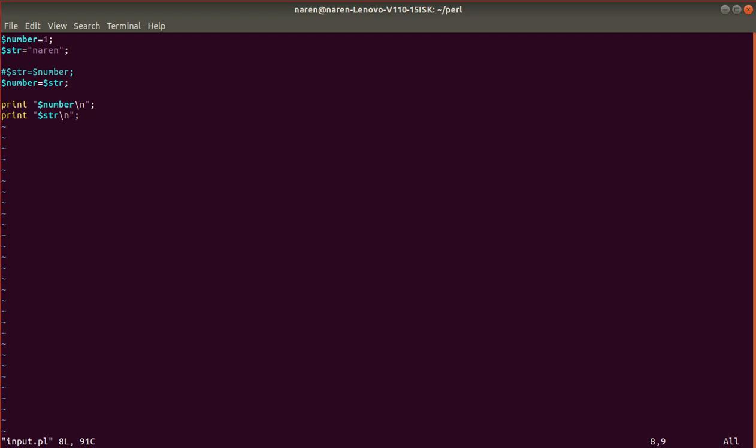So now I am going to discuss how to take input from the user while writing in the Perl programming language. So let me explain that also. Let me go to insert mode first. I think we are already in insert mode. So here we have written these things, right? Let me clear these things also.